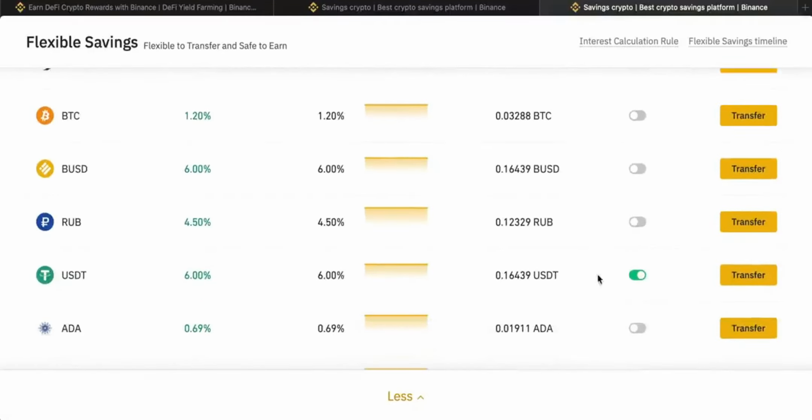This means that any US dollar Tether that is on my account on a daily basis does get transferred into this daily flexible savings product. This means that I don't have to worry about it and transfer funds in and out daily. Any funds that I have on account, including interest that I've earned from the product, will be added to the